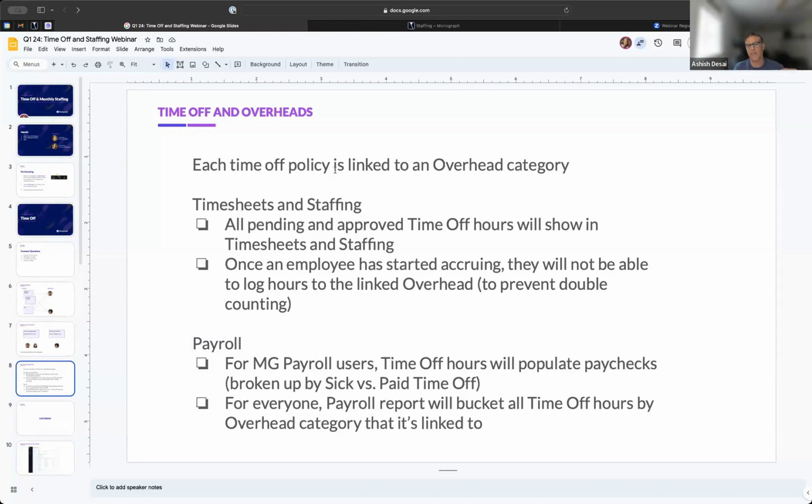So basically what you do is whenever you create a policy, you choose an overhead category. It could be an existing one or a new one if you'd like. And what it effectively does is within timesheets and staffing, all your pending and approved time off hours will show up in timesheets. You'll see a row for that overhead. And like I said, if you're linked to an existing overhead where you had that happening already, once that employee starts accruing, so there's a start date when you assign them to a policy, at that point forward, when they go into their timesheet,